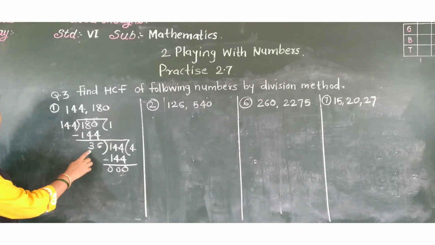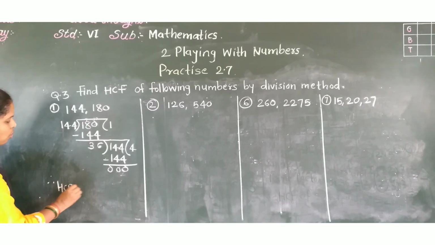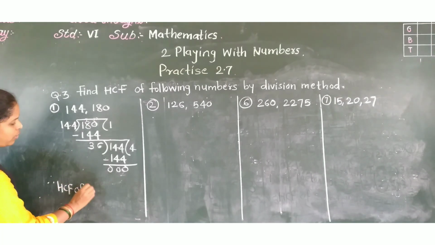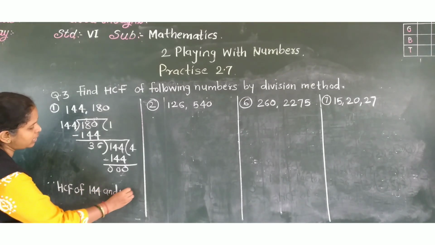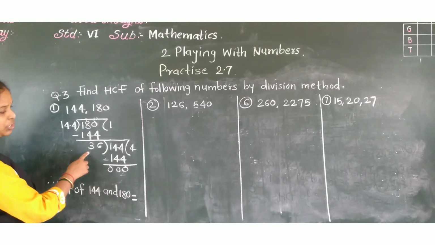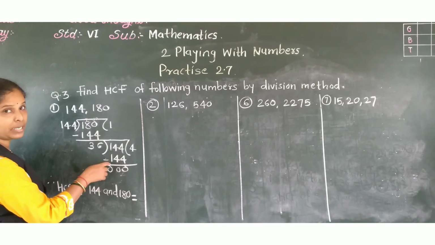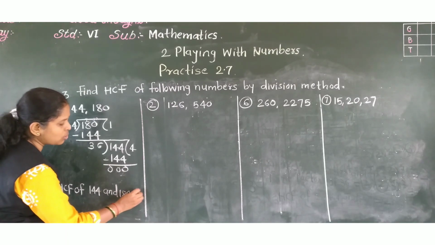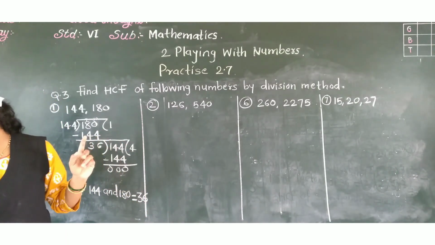So, what is the HCF of these two numbers? Therefore, HCF of 144 and 180 is equal to, because of which number we got remainder as 0, or we could completely divide, because of 36. So, HCF is 36. Followed? Next,